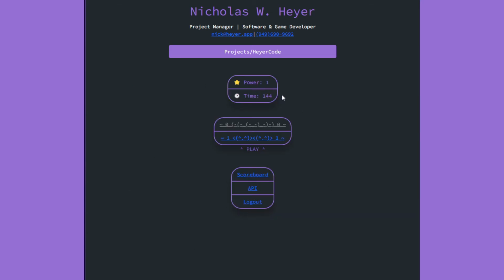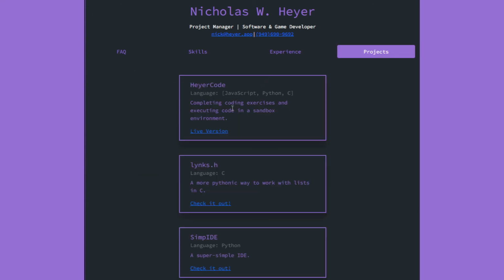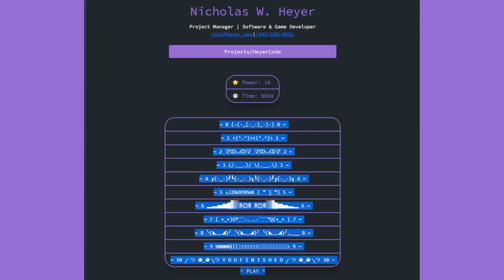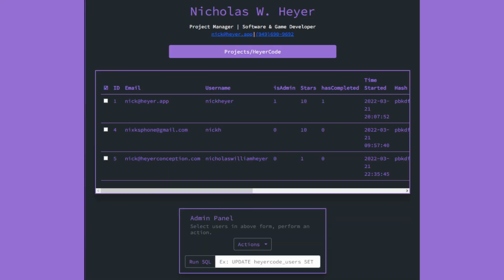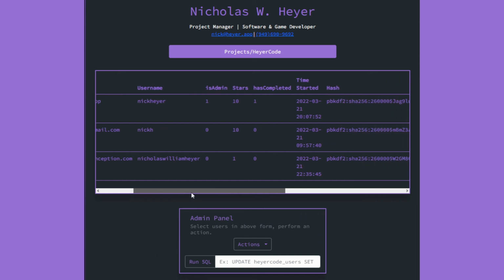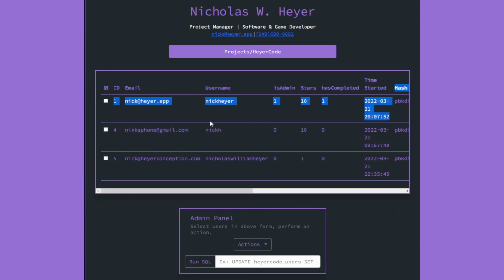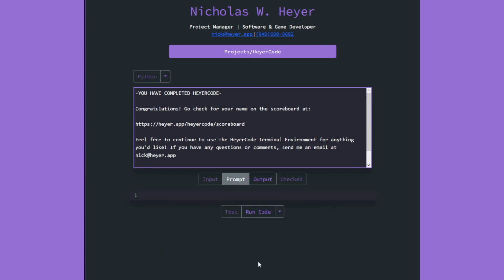My primary incentive when creating HeyerCode was being able to express some creativity while writing fun story-based prompts and designing the randomly generated accompanying inputs and answers. When writing a prompt, I had a few things in mind. Allow the competitive coders to pick out the key details, values, and conditions of the prompt, but also allow the more casual coders to read through the prompt and potentially change their perspective on what might otherwise be a mundane algorithm implementation. The prompts' subject matter was usually inspired by things that I like: Cyberpunk 2077, The Witcher, or Lord of the Rings. Difficulty of reaching a solution for each prompt is obviously subjective, but I feel as though they are gradually more difficult as they progress.